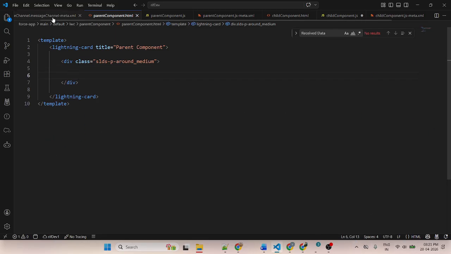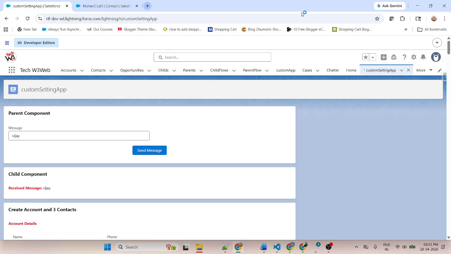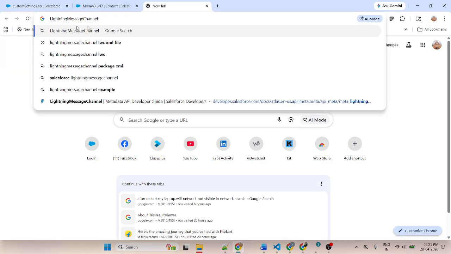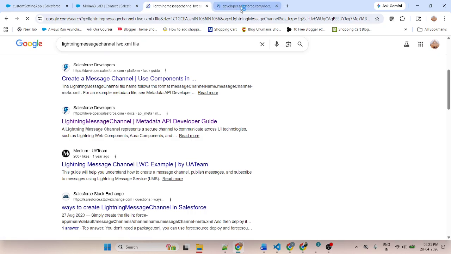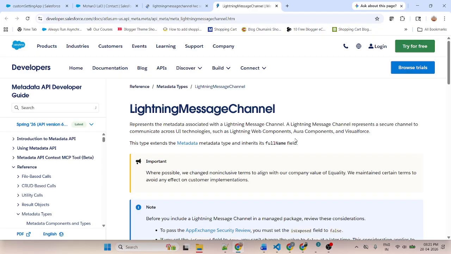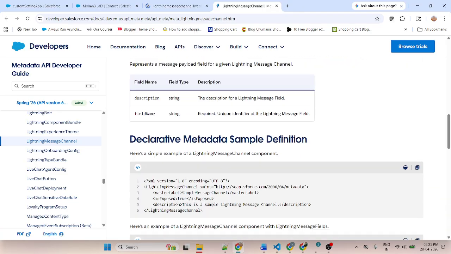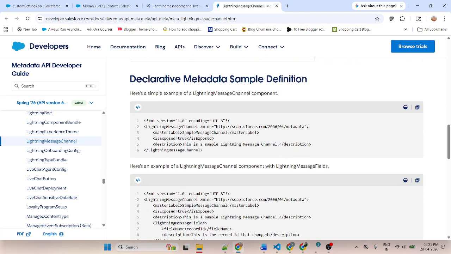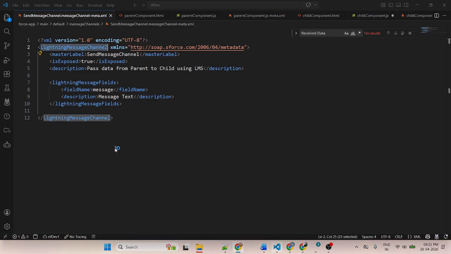One thing: if you want to know how to write this code, this code is common. You can search YouTube or Google and open any link to get the Lightning message channel XML file. Let's suppose I am copying this one and pasting it here.